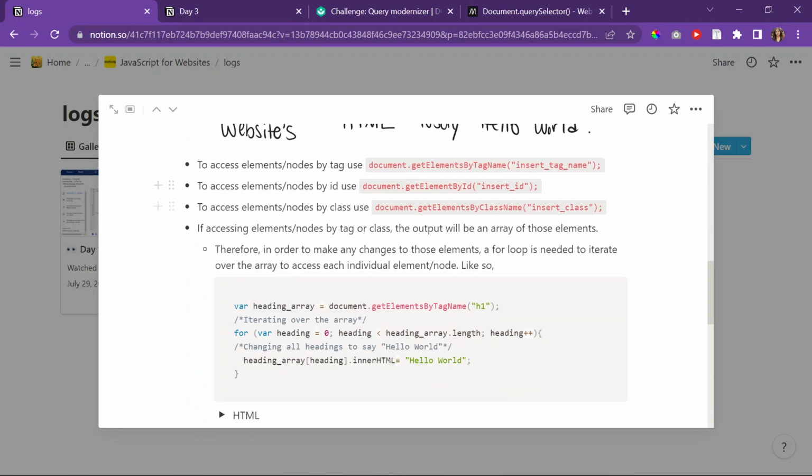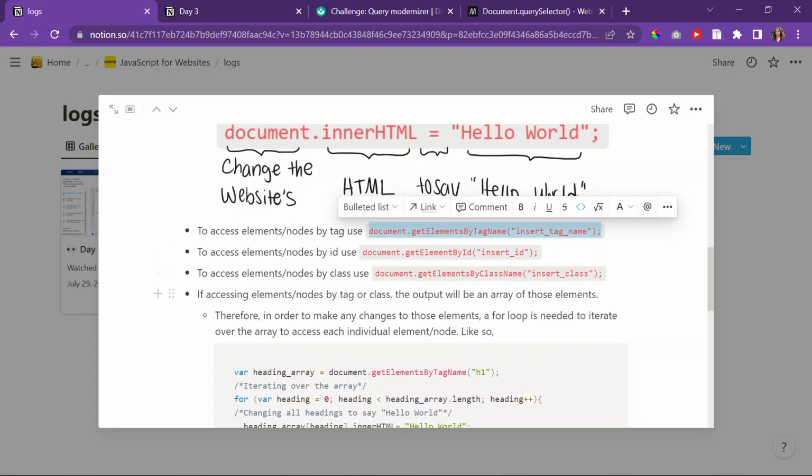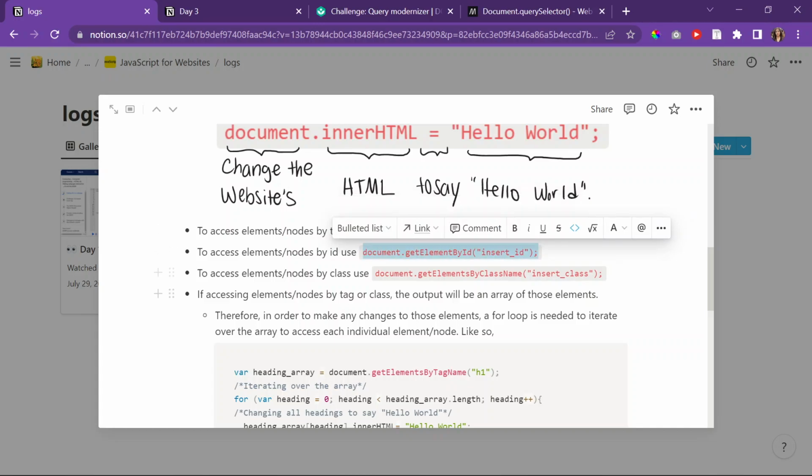Then this one would be if I just had a certain class, right? Or like one specific class as a selector. And then this one would be if I have a specific tag as a selector. And then this one is kind of a different one. This one is just one. It's the easy one. It's just if you have a certain ID, but it's the same thing. It would be